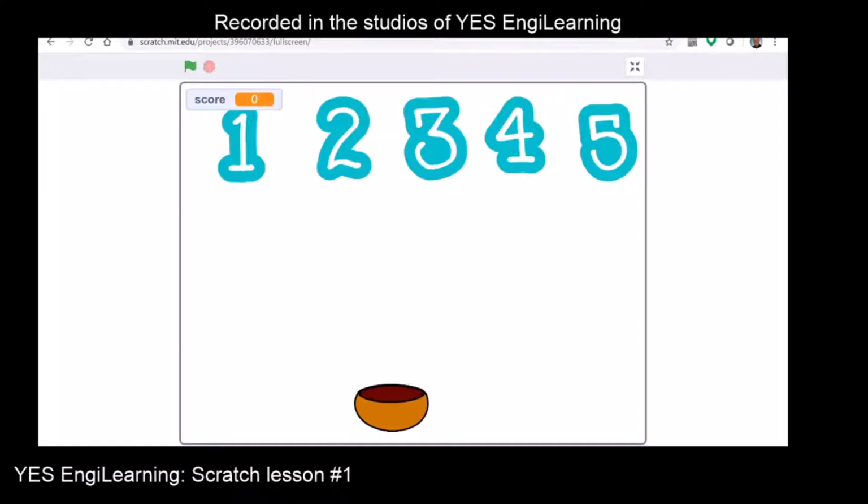On your screen right now is a game we've built. Let's go ahead and play it. If I click on the green flag, the bowl goes back and forth, left to right, right to left. You'll notice there's a score in the upper left-hand corner, and there are 5 numbers. Those numbers could be anything, but in this case, since we're designing this game for little kids, let's make them simple numbers. Our job is to click on those numbers and see if we can catch them as they fall